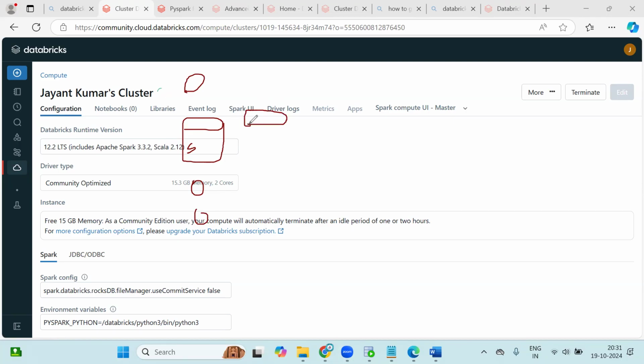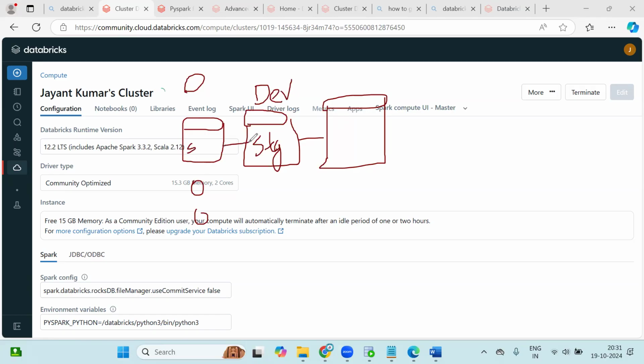So in the staging area, they will process this data, and then it will be loaded to your data warehouse layer. Some data engineering team, ETL developer or data engineering team, will be there who will process this data from here to here. So your data warehouse will act like a